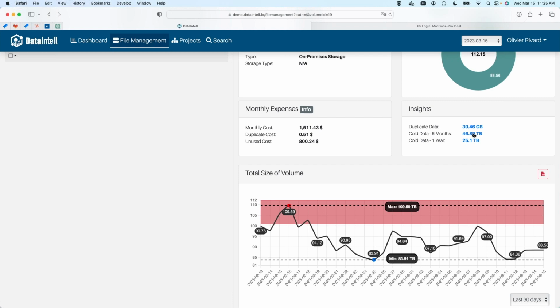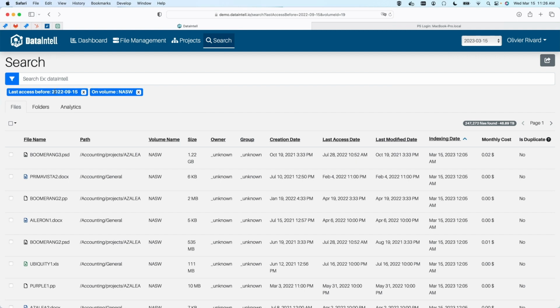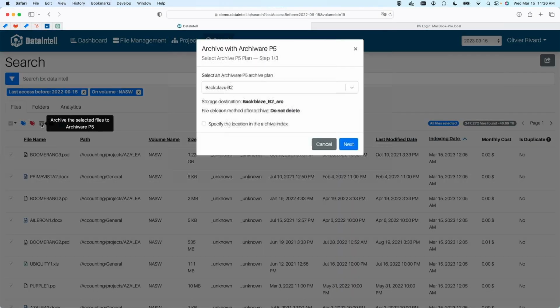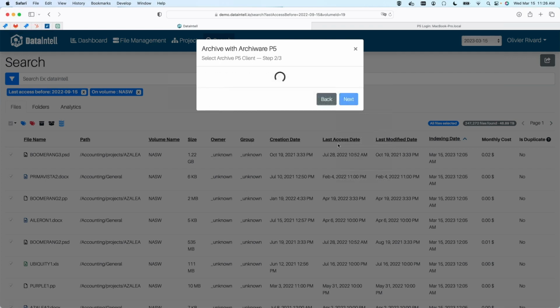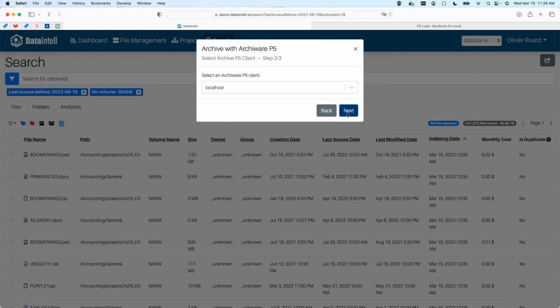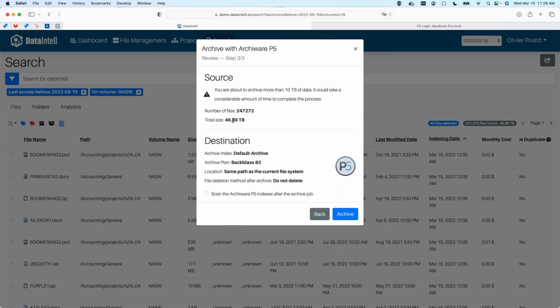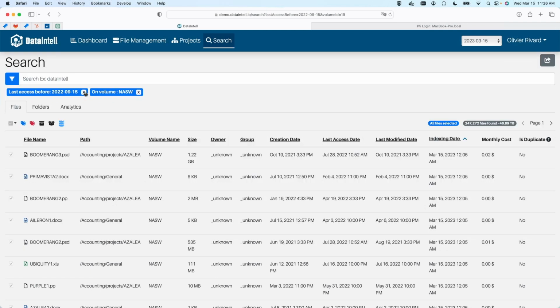So I will click on the insights. This will bring me to the search section again with all the files on the NAS that were last accessed 6 months ago. And from a search result, you can select all the files and archive that with P5 again, with the P5 integration. So here we have a list of all the archive plans we have. I'm taking the B2 archive plan, and it will archive 46 terabytes from the NASW to my B2 archive bucket with the Archiware P5 plugin. So very easy to clean up and optimize storage space